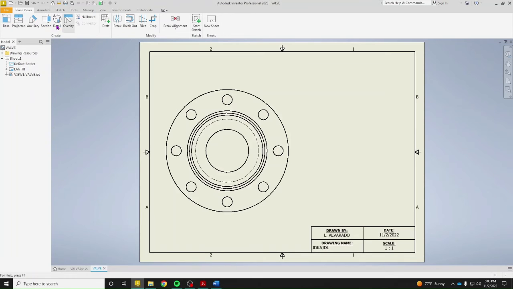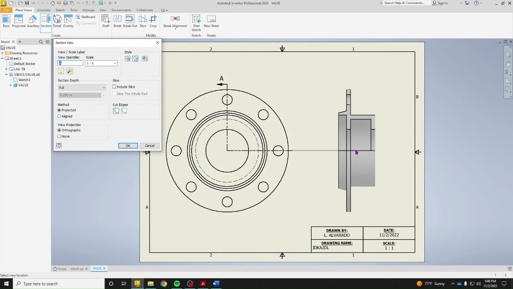So I'm going to go to section. I'm going to select this view. I'm going to hover over my center point, and then just go straight up and hover about right here, click, go to the center, click, and then go straight out to the right, click, and say continue, and then click